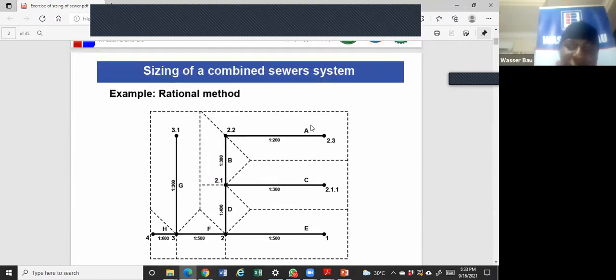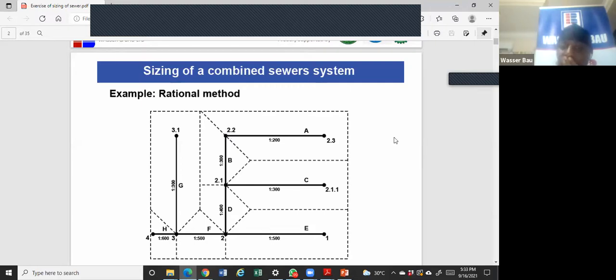For instance, look at this catchment A. This is catchment A, and we have one main sewer passing across it. So that sewer, we call it sewer A, while the catchment is catchment A. The beginning of the node is 2.3. The end of the node is 2.2. So it's easy for me to know